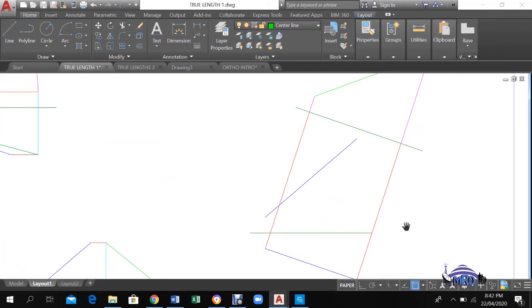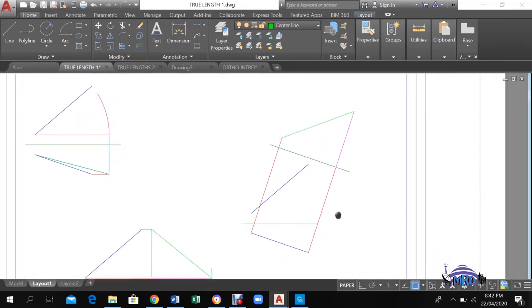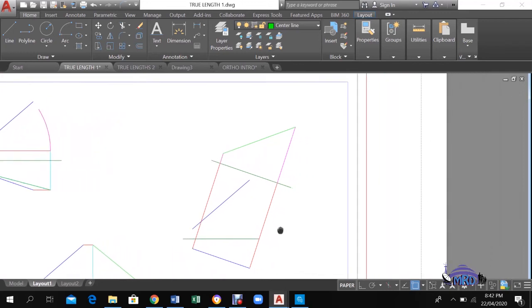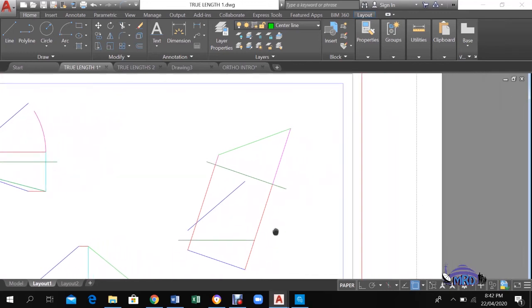And for the auxiliary method, what you will basically be doing is producing an extra view, similar to what you would have done when you were finding the true shape. You will be producing an extra view of the line by the same methodology that you would have used to